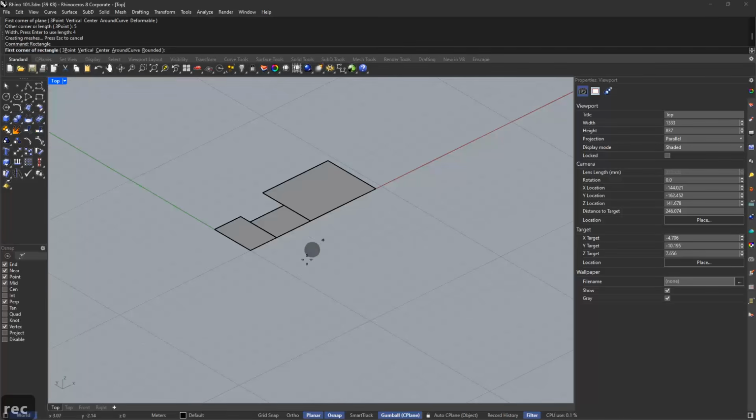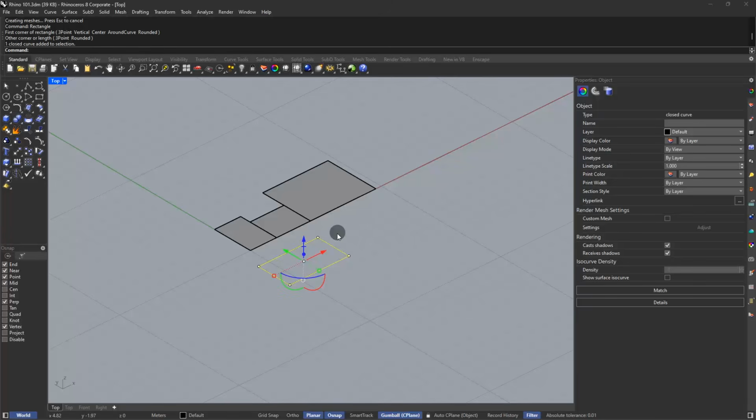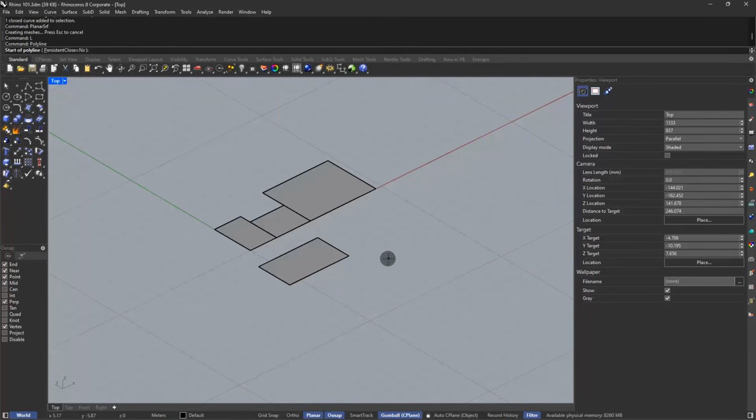So if I use the Rectangle command, I can create one, and then I can use the next command for creating surfaces: PlanarSrf. If you have a planar curve, you can convert it to a surface. So if I press enter, it will convert my rectangle to a surface. And you can have a more complicated curve like this